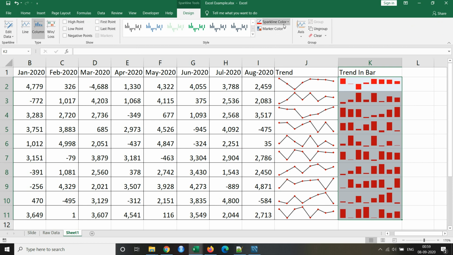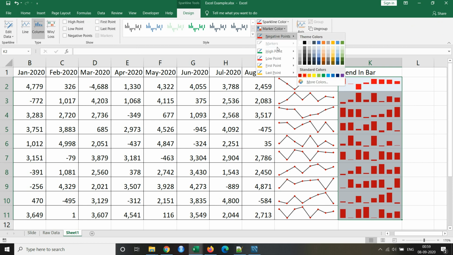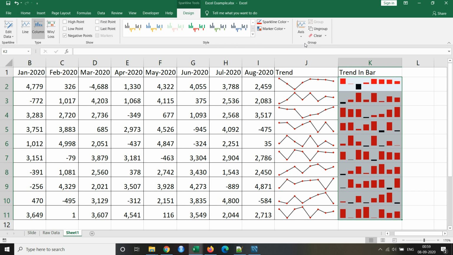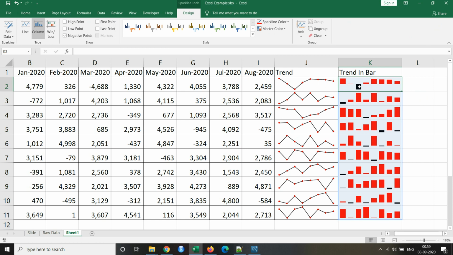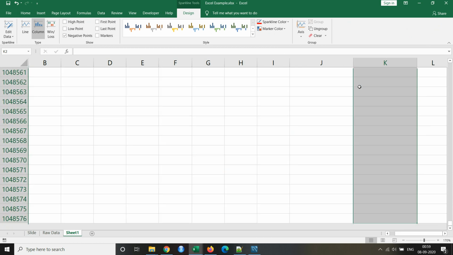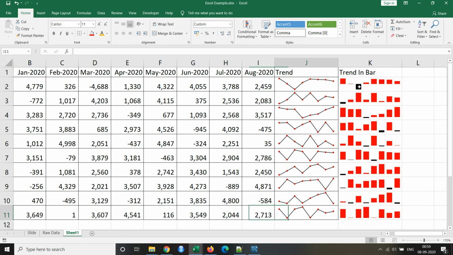I can change the color of the negative point to black. With this marker color I can select negative point as black, so whichever is my loss will be in black.